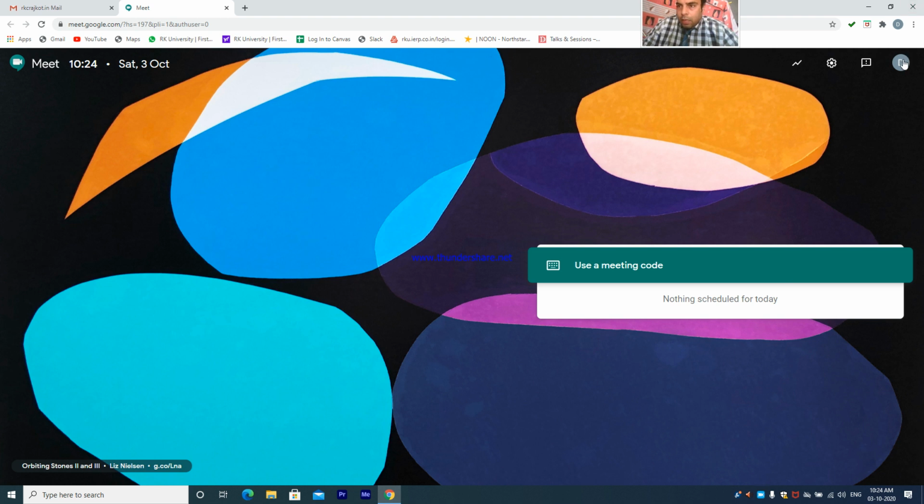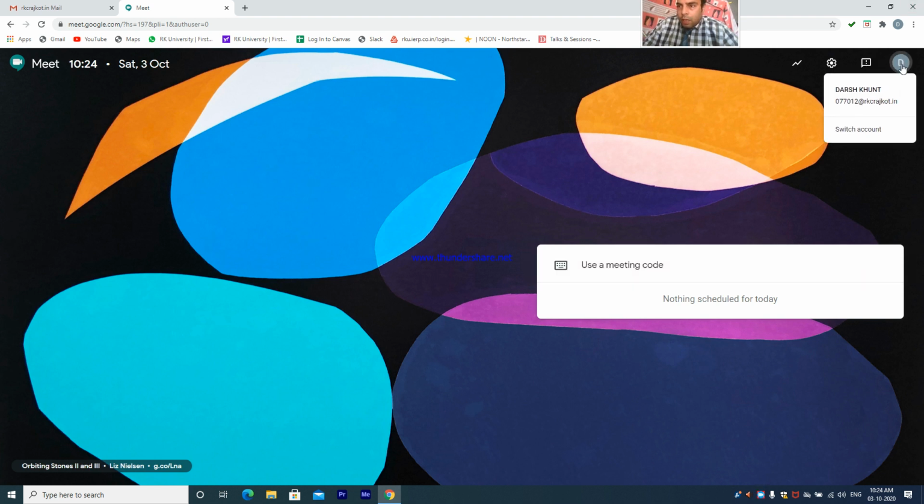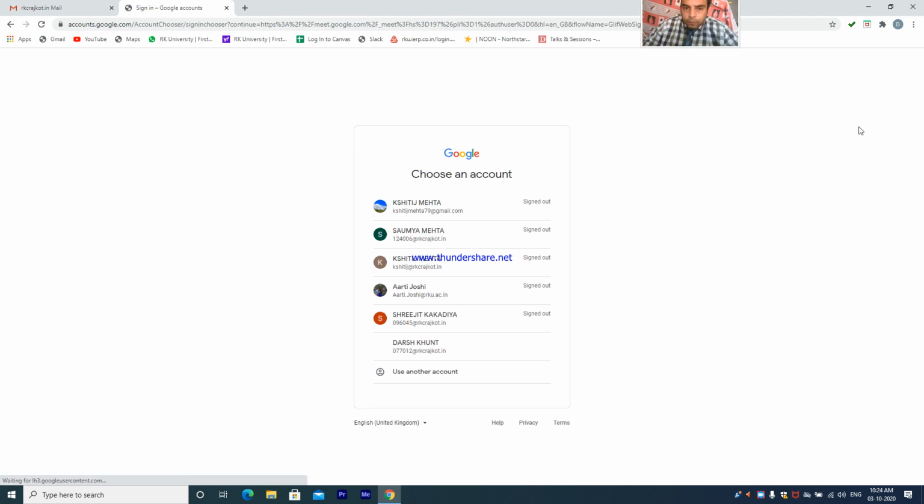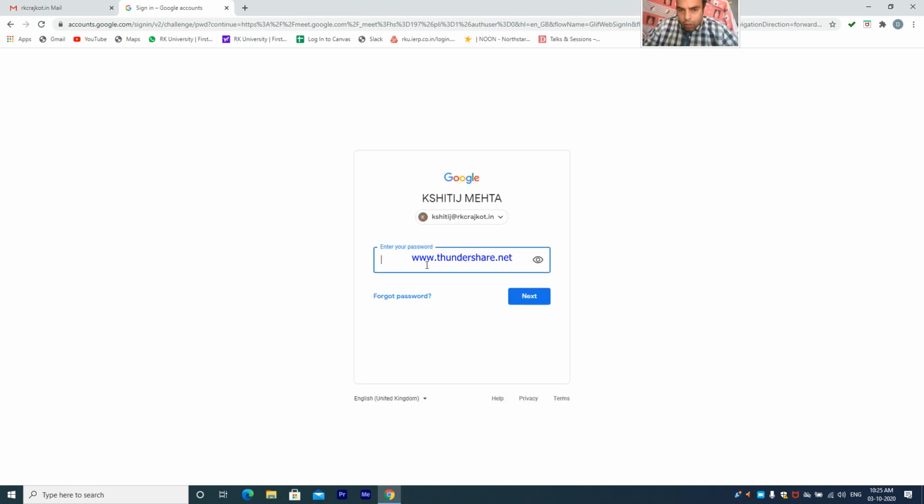Okay. When you click on this D, that is Darshkunt, if you want to switch the account, you can click on D and click on switch accounts. So these are the list of accounts. If I want to go to my own account, I will click over here, write the password, and click on the next button.